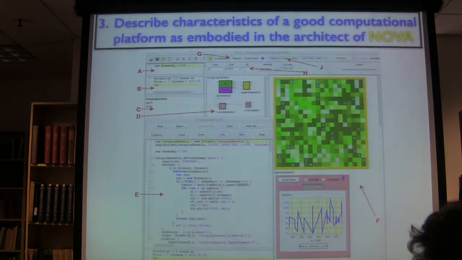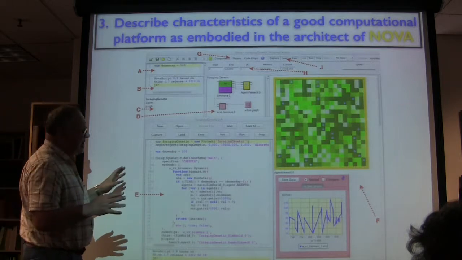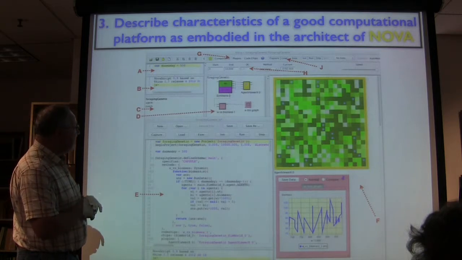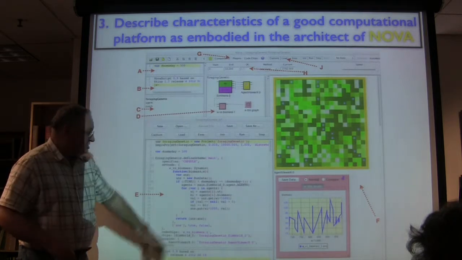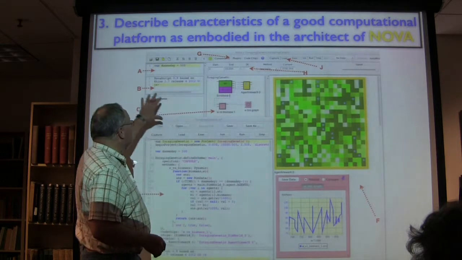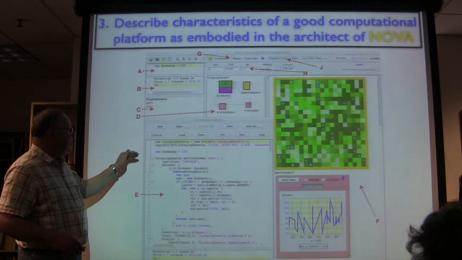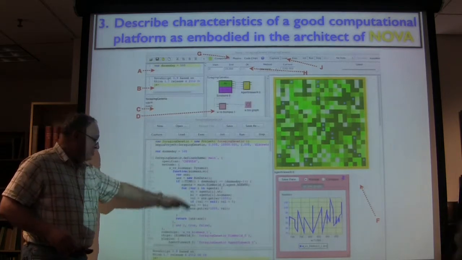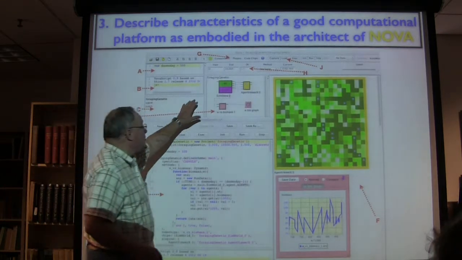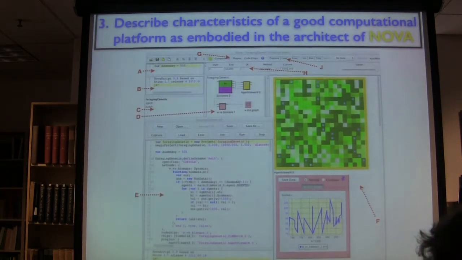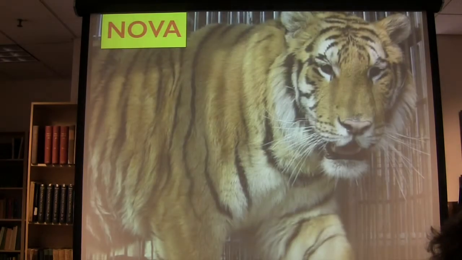So the thing is to describe the characteristics of a good computational platform. And this is, as I said, Richard started out with a particular platform that we've been developing. It's got a bunch of features in here that allow you to set up models using icons and graphically driven elements and produce code. You don't code this up. The computer codes this up based on what you're building here. And I'll talk a little bit about those elements. I'm not going to talk too much about this. But I'm going to talk a little bit about the NOVA concept.